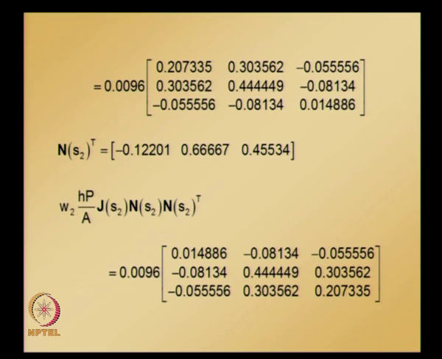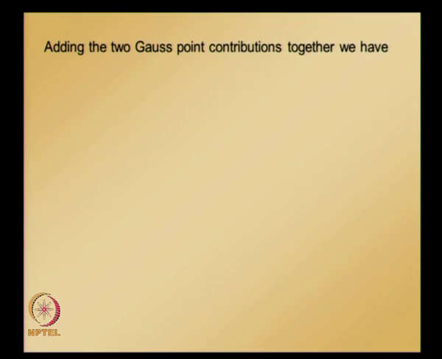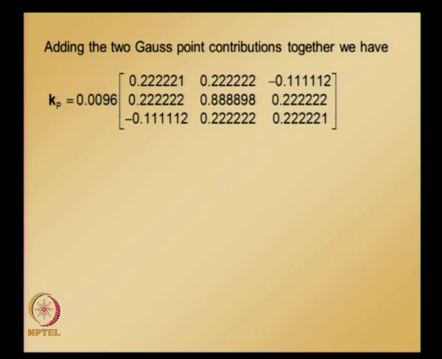So now we have the integrand value at the first integration point times W1, and the integrand value at the second integration point times W2. Adding the two Gauss point contributions together, we get the Kp value. So this is how we can evaluate integrals using